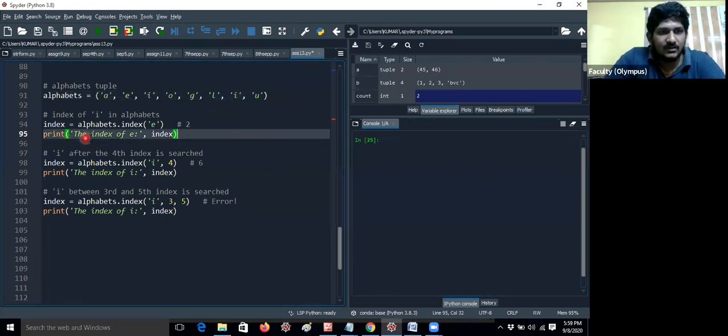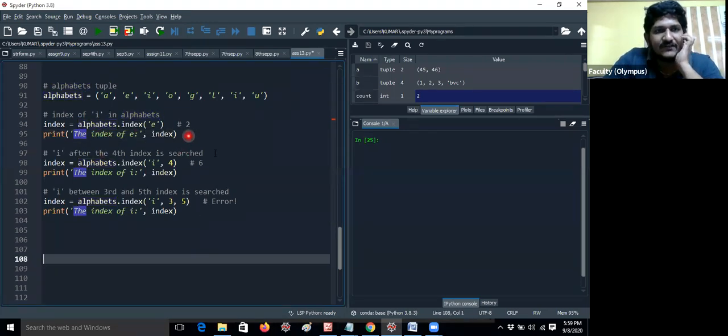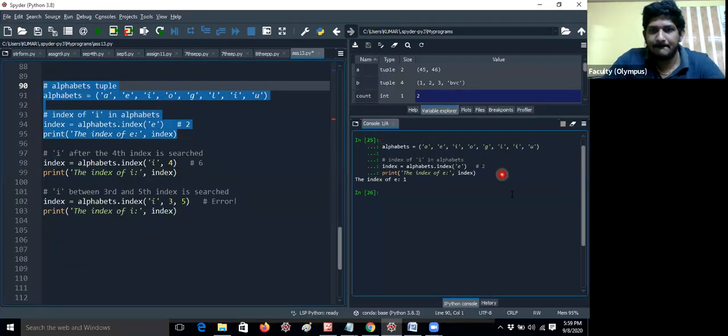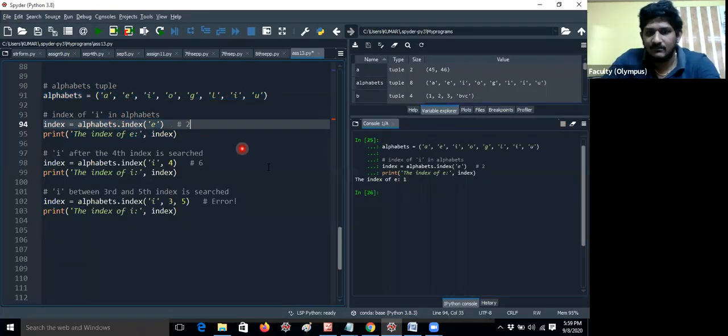Alphabets is the variable name only, you can take any other variable. Alphabets dot index of e. What is the index here? I'm giving 1, that means here it is 1. Now let me run this, guys. Index of e is 1, because this is 0 and this is 1.